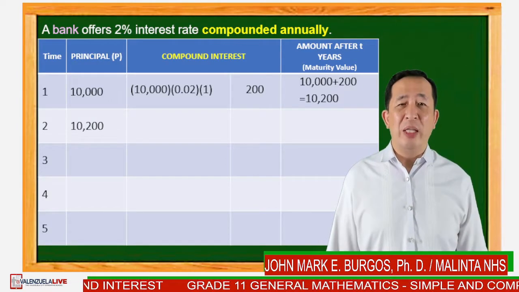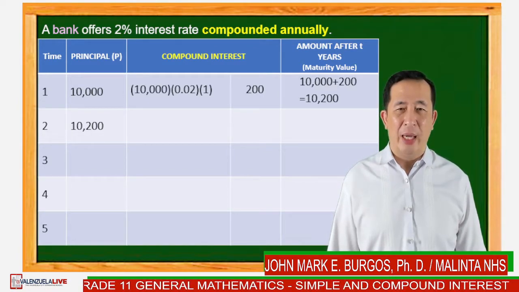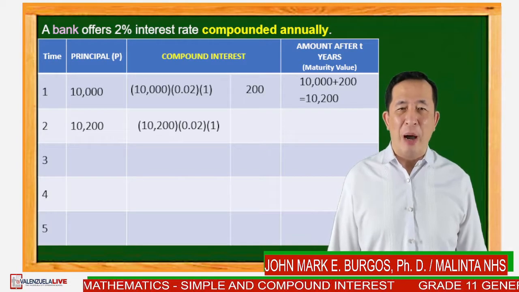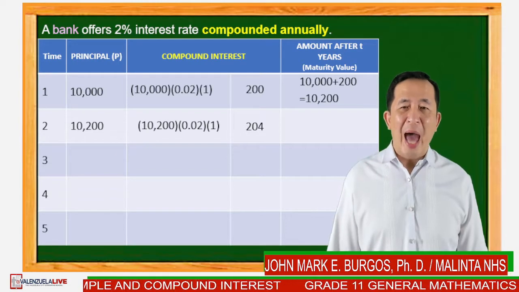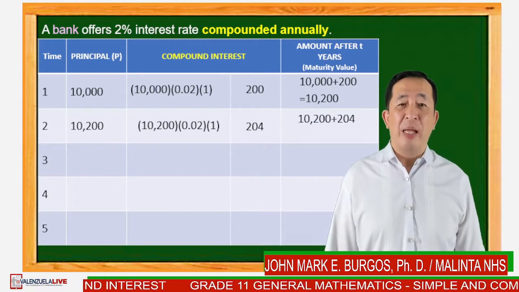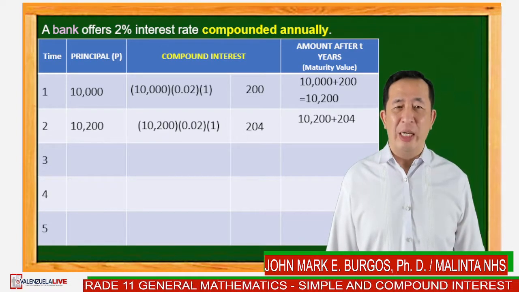To compute for the compounded interest, we have 10,200 times 0.02 times 1, and the compounded interest will be 204 pesos. Add that to the principal, we have 10,200 plus 204, and the maturity value after 2 years will be